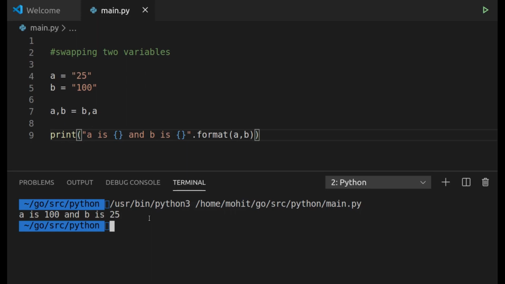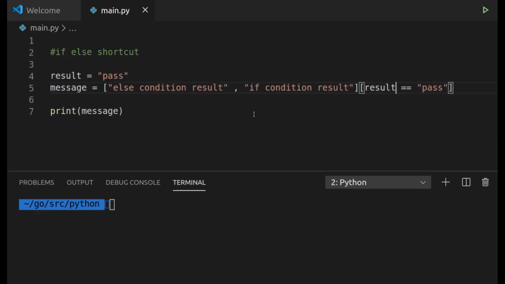Last tip is about the if-else shortcut. In this example you can see that I have taken the result variable as pass, and in the second line I am taking, at last, a condition in the list which says result equals pass. Now this condition is true, so the value will be 1, and the list before that has two elements, one at the 0th index and the second at the first index.